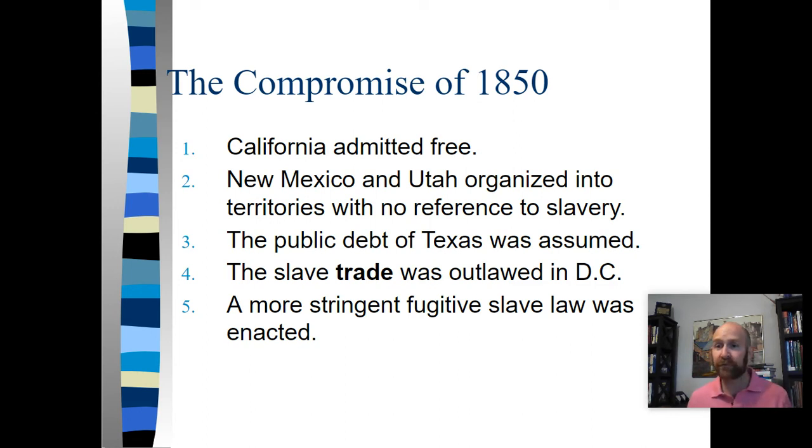And to do that, we need a fugitive slave law, which means a couple things. One, slave catchers from the South can head north to take the slave owner's property back, the slaves back. But it also is going to require that Northerners help bring the slaves back to the South if they know about it. And so Northern police departments, the federal government, everybody has to be on the same page that if there's a runaway slave, that slave can be brought back down to the South. This is